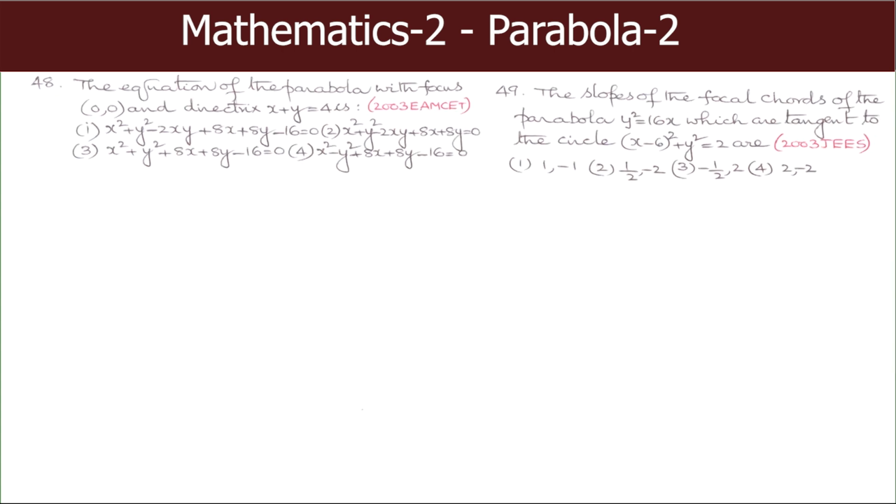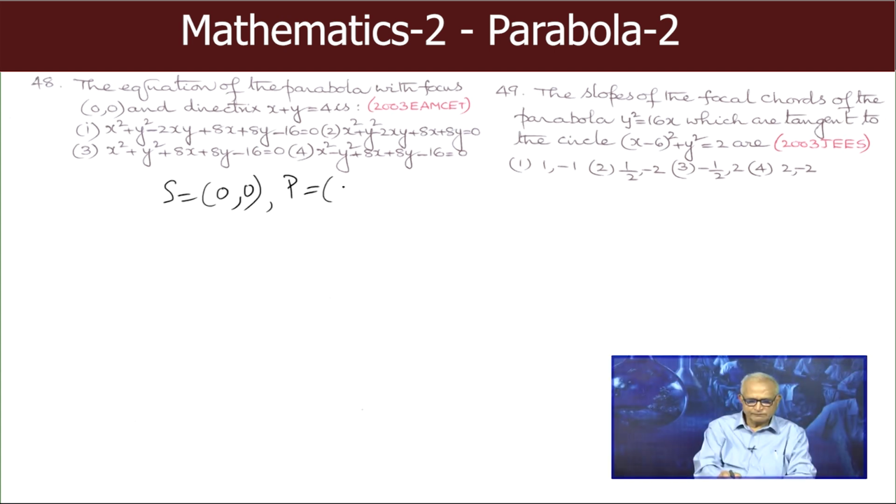The equation of the parabola with focus 0, 0 and directrix x plus y equal to 4 is, 2003 EAPCET. Well, focus and directrix, that is the very definition of the parabola. The focus directrix property, SP equal to PM. So, S is 0, 0 and P is x, y. And PM is the distance of P from the directrix,